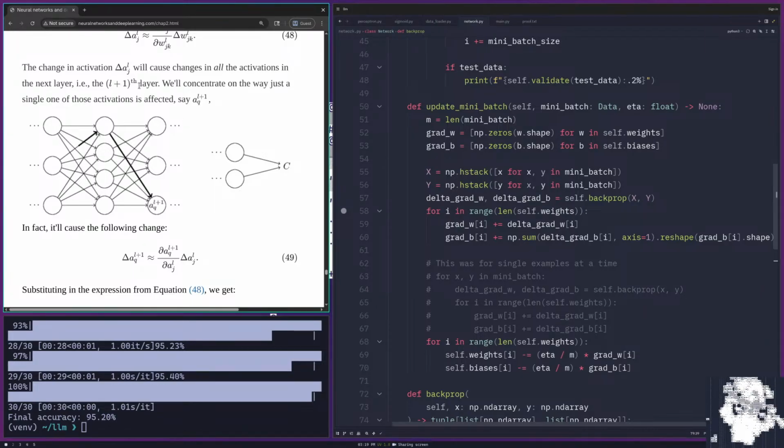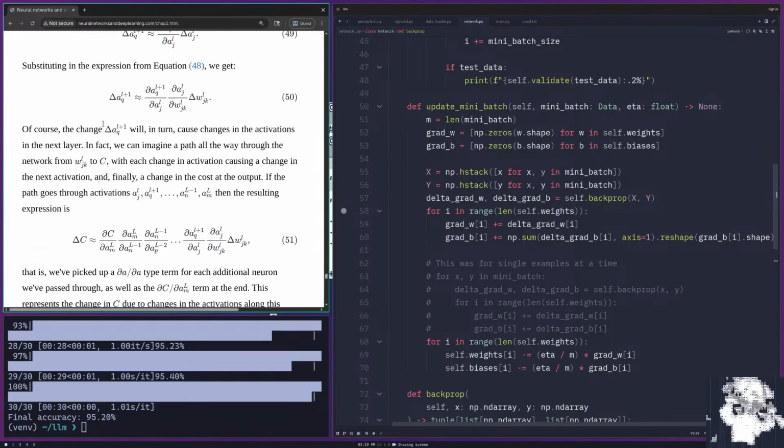We'll concentrate on just the way a single one of those activations is affected, say A^(l+1)_q. In fact, it'll cause the following change. Delta A^(l+1)_q is approximately equal to the derivative of A^(l+1)_q with respect to A^l_j times delta A^l_j. Substituting in the expression from equation 48, we get